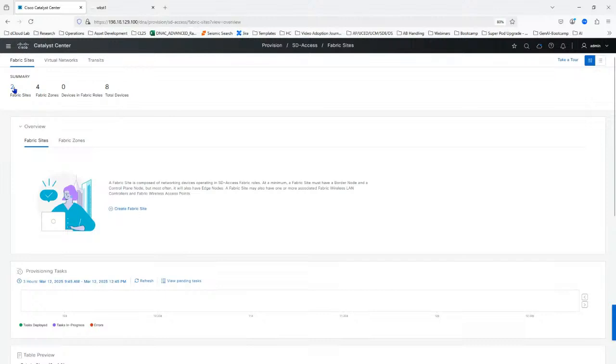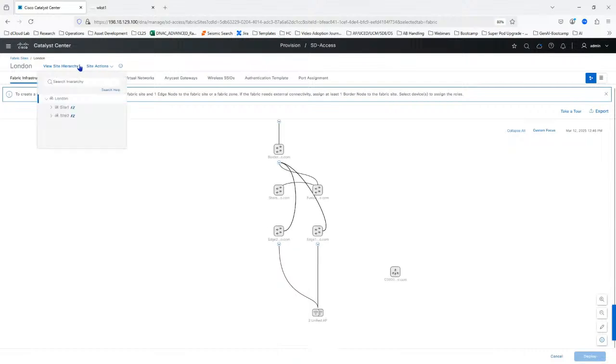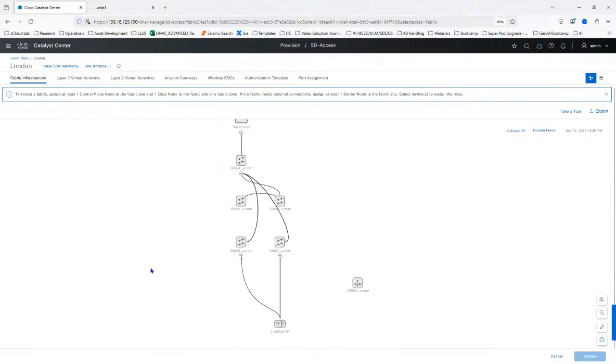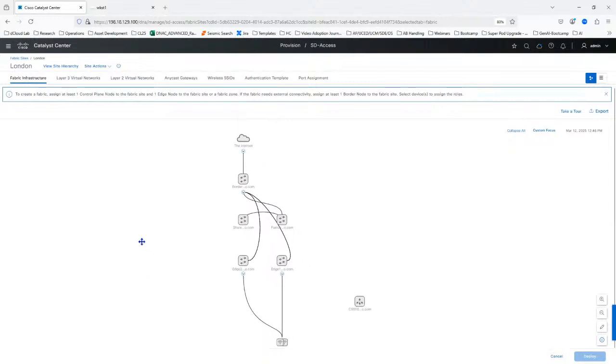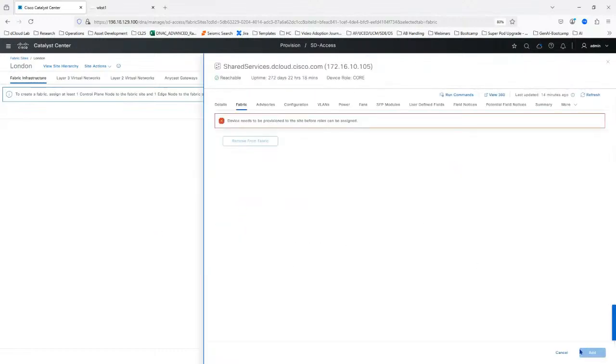Okay, so I'm going to click here and review our current fabric site. So we have London. I'm going to use London, for example. If you wanted to, you click create fabric site. And then what it's doing here is it's looking at my site hierarchy under London, and it recognizes all the devices within and how they're connected. And then what I can do is I can click a device. I can select various